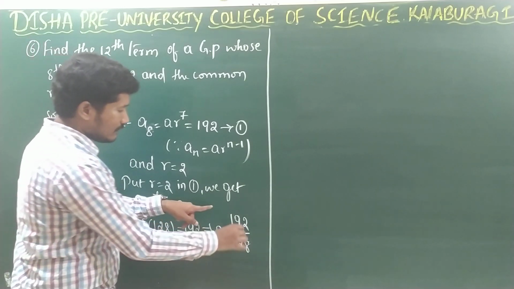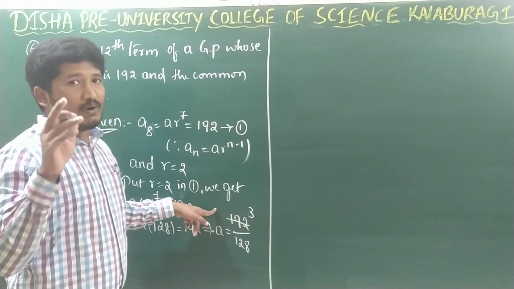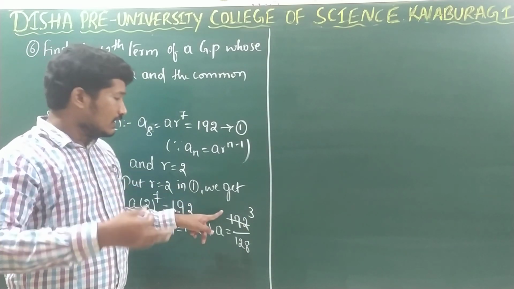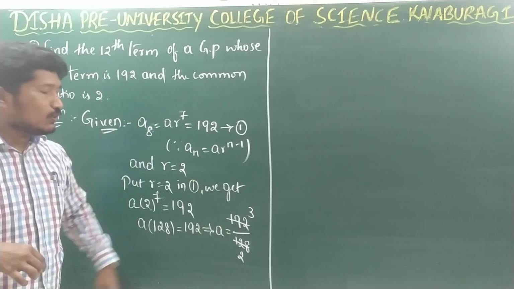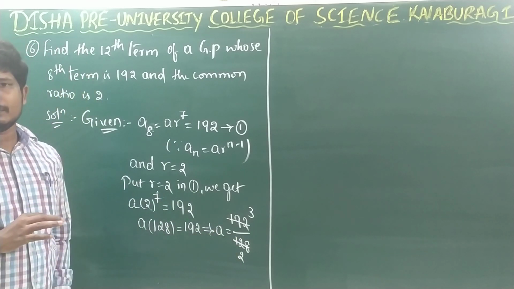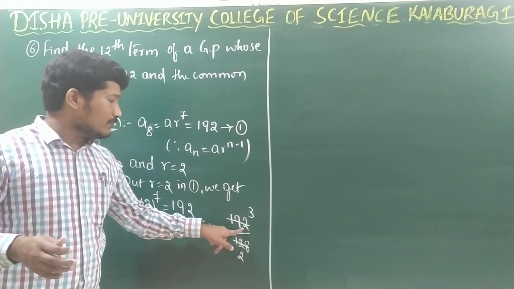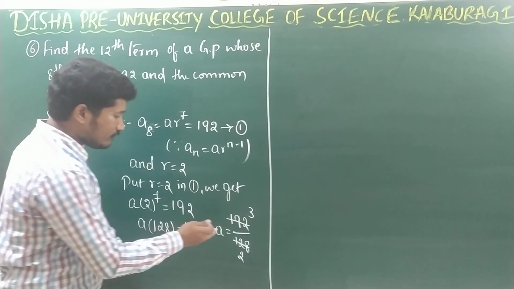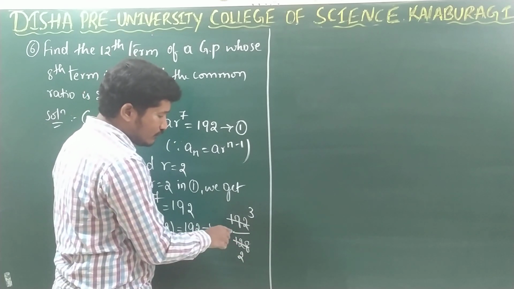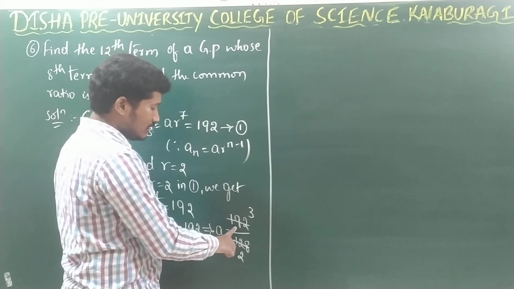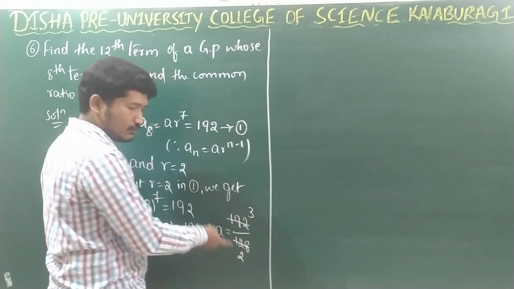See here, this will be 64 into 3. That is, if you multiply 64 and 3, you will get 192, and if you multiply 64 into 2, you will get 128. 64 2s will be 128, 64 3s will be 192. Or you have to cancel it by 2 every time. It will be very lengthy, right? So instead of doing that, I am directly dividing the terms. It will be 64 3s. It will be 64 2s.